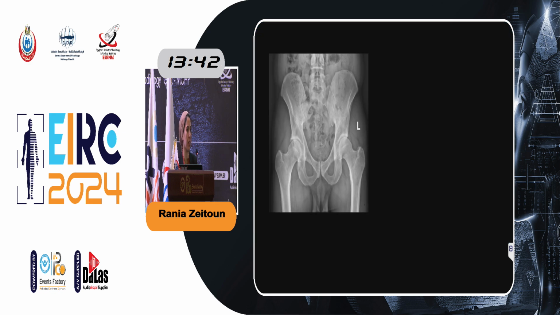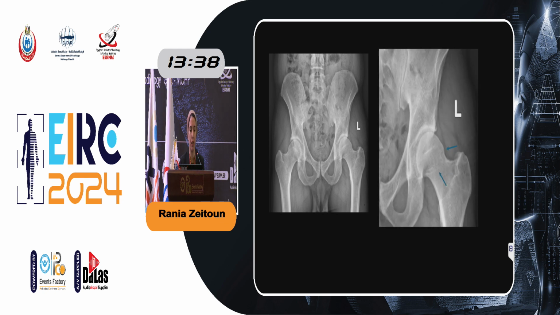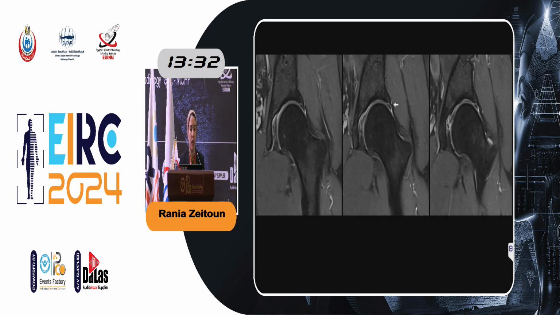And this is the first example, plain X-ray of the hip, AP standing view, and I'm sure that everyone here in this room can appreciate the huge cam. MRI, high resolution coronal images, beautifully showing the,